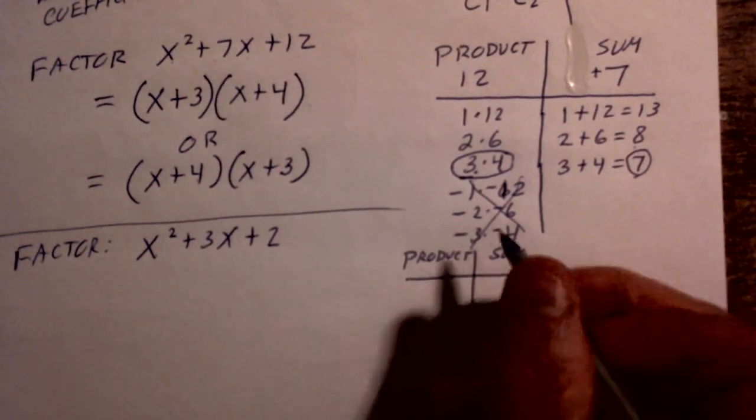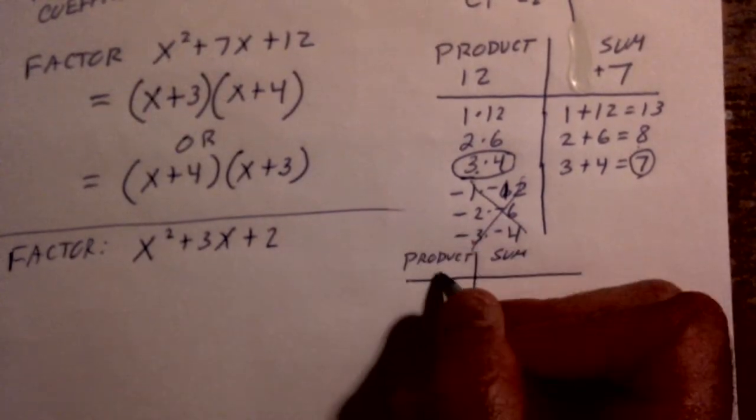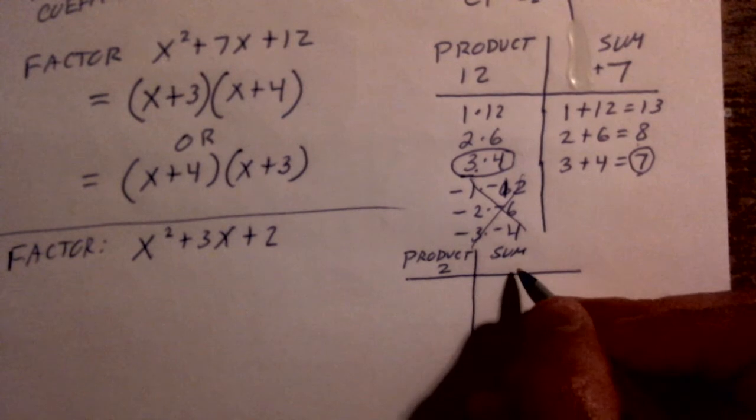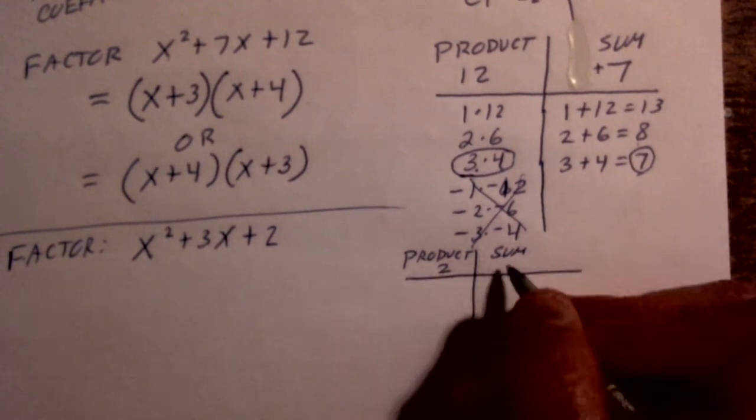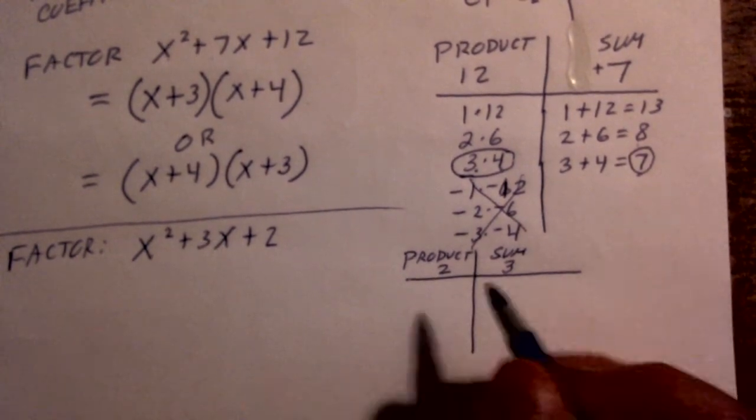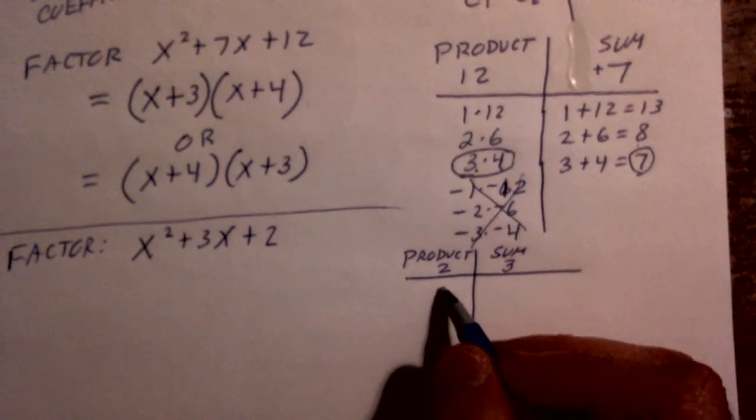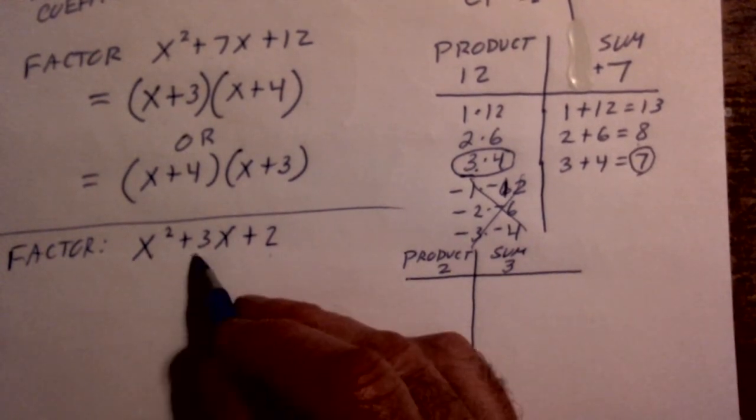We need a product of positive 2. Our constant term has to be positive 2. Our middle coefficient is positive 3, so the sum has to be positive 3. So we're searching for two factors of positive 2, the constant term, that add up to the middle coefficient of